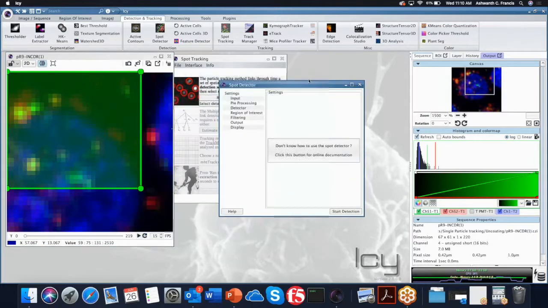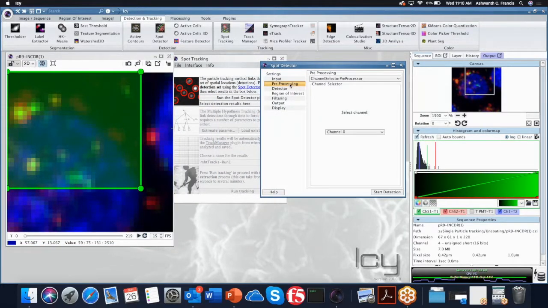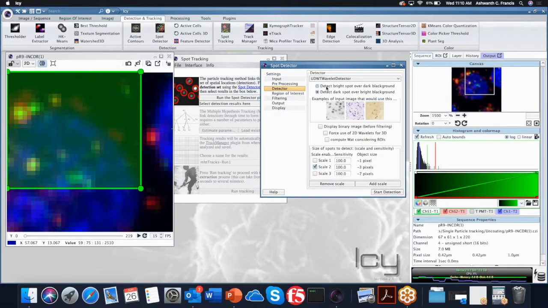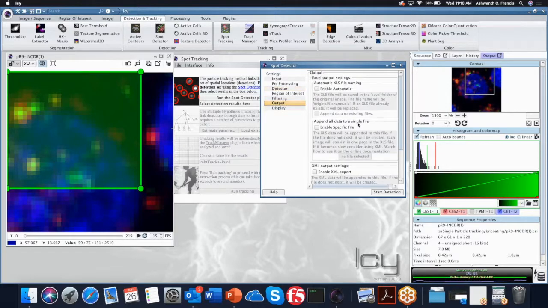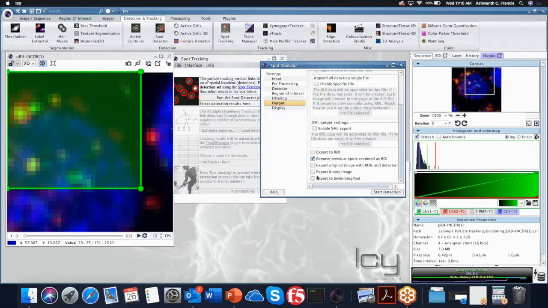Okay. So now we will go through the steps. Pre-processing is 0. Okay. Detector, we want to detect bright spots over dark background. Like what we do with the scales, you use 2 scales, scale 1 at 100% and scale 2 at 80. And then you go to output, make sure you have enabled export to swimming pool. Okay. Now you say,